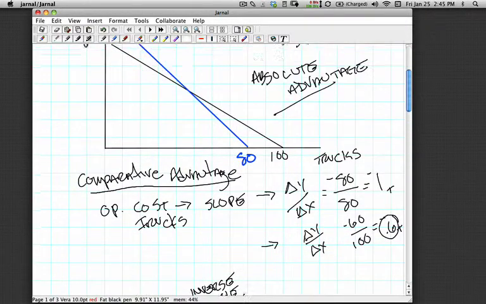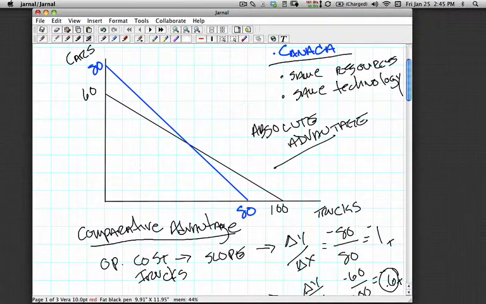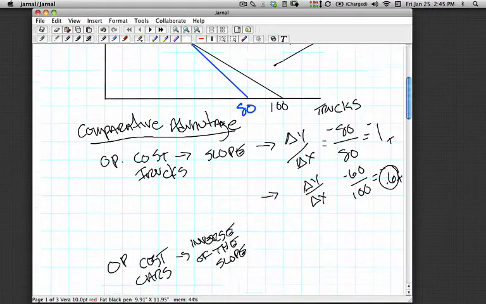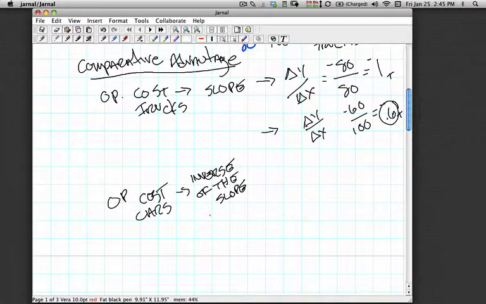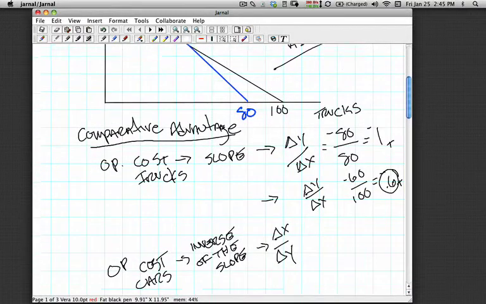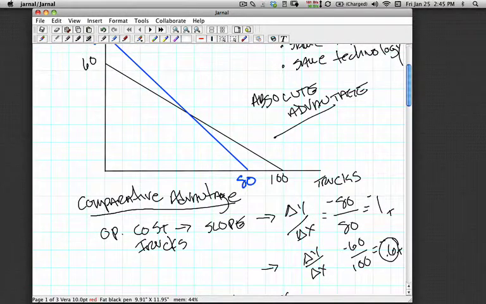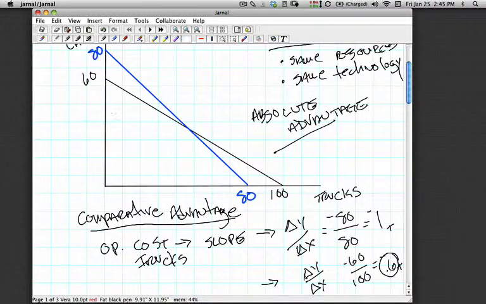Graphically, it's going to be the change in X relative to Y. So what we're interested in, as we're going to change Y, make more cars, we're interested in how X is going to change because of that. And so therefore it's essentially going to be not change in Y over change in X, but change in X over change in Y. So if the United States chooses to make 60 trucks,